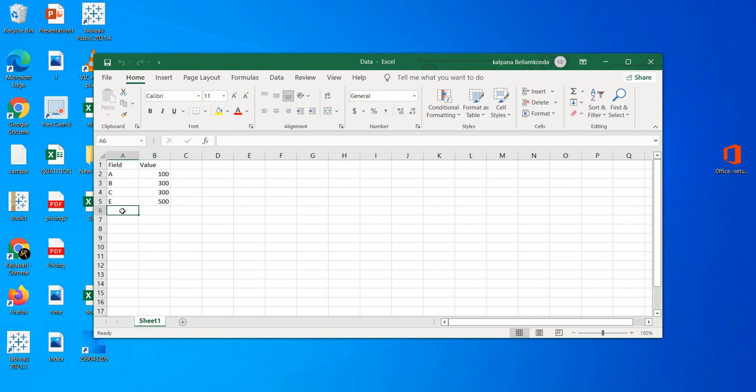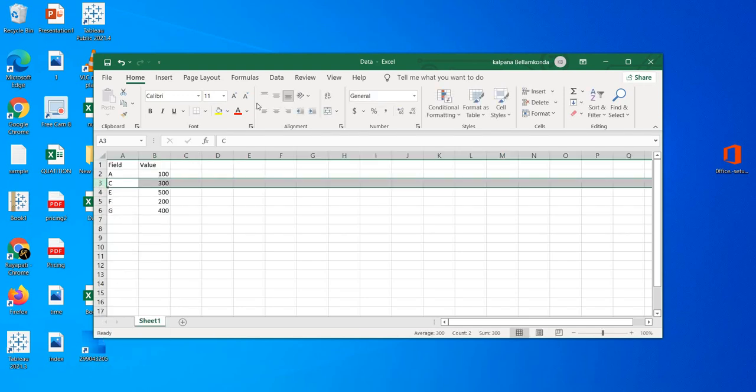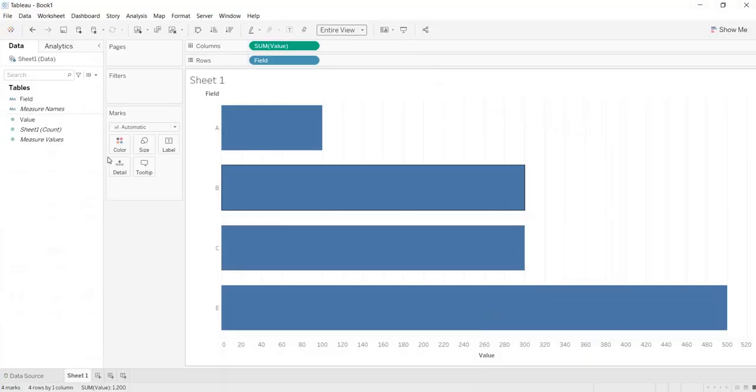I am doing some modification to this data. I am adding F, and I am adding G. Any change at the data source is a change, right? Now let me take out B. I'm saving this. Now let us go back to the data source.